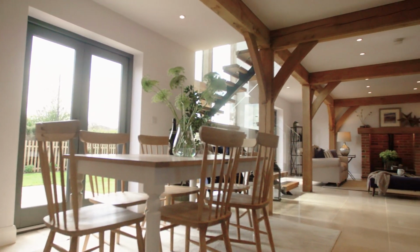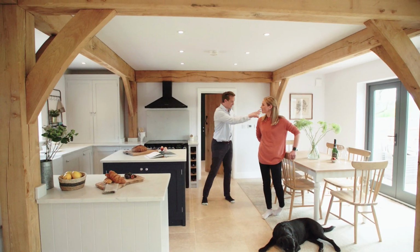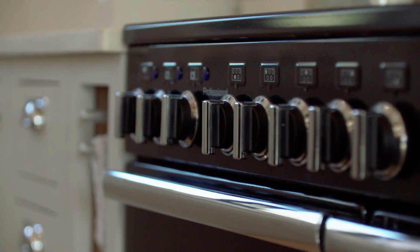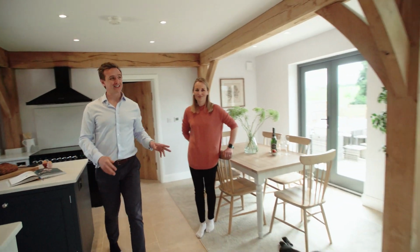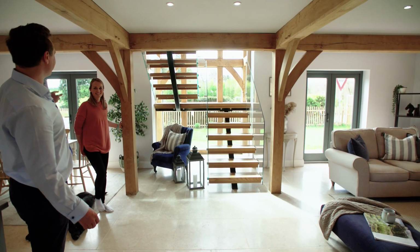This is the kitchen diner, which we spent a lot of time on, and the kitchen was down here, and we moved the kitchen over here just to have the ability to go straight into the garden. The main feature of the house, the stairs, which are central as you come in. This is the element that you say is...